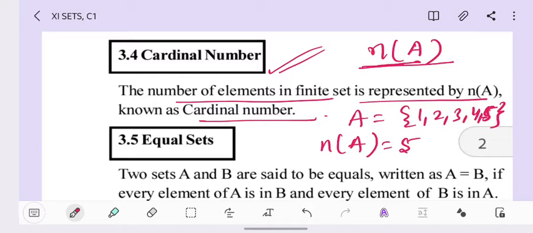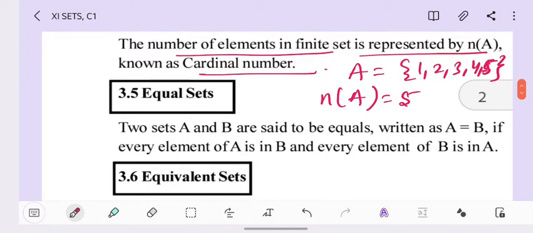So this is basically used for finding the total members, I mean the elements, of a given set, which is a finite set. You cannot find the cardinal number of an infinite set. Next one is equal sets. Two sets A and B are said to be equal, written as A equals B,